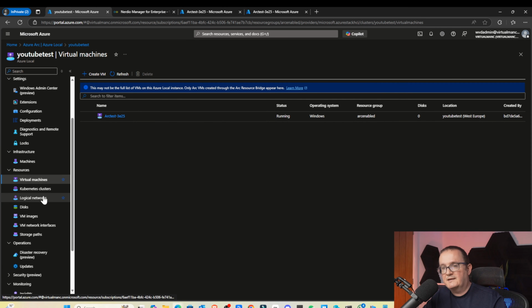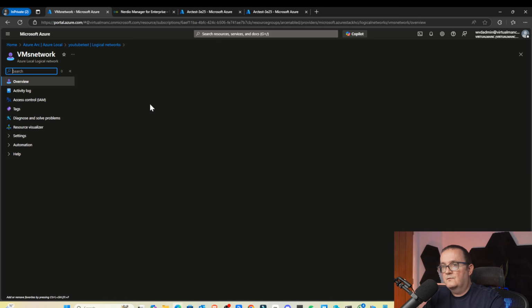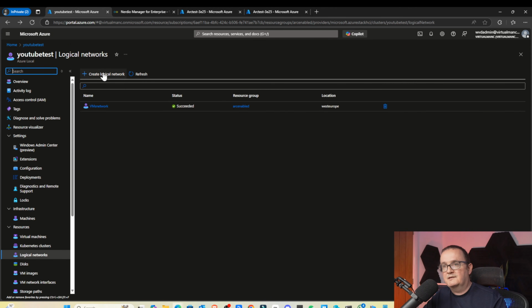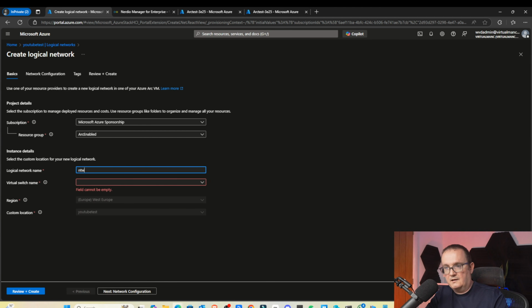We'll go through that in a second, but the first thing I had to do was set up a logical network. If you click on this VM's network, this is my on-prem network matched up to what I've configured within Hyper-V. I'll show you what you actually need to put in, and then I'll show you the settings which I put in. So basically what you have to do, you have to go into here, give it names,